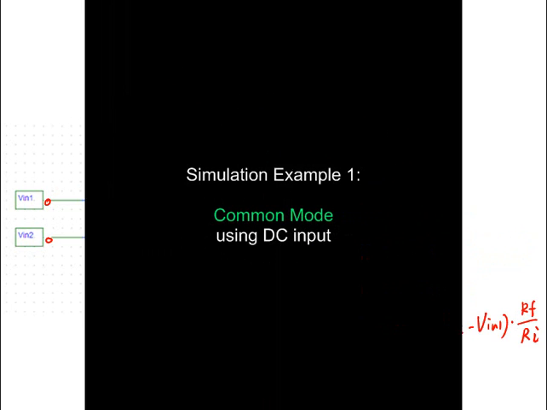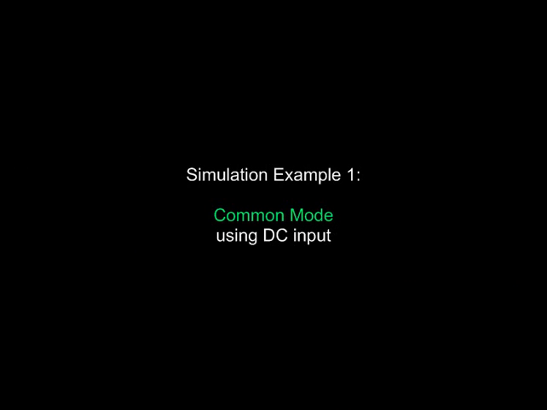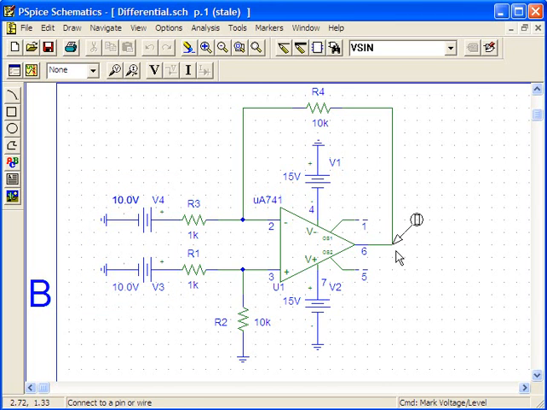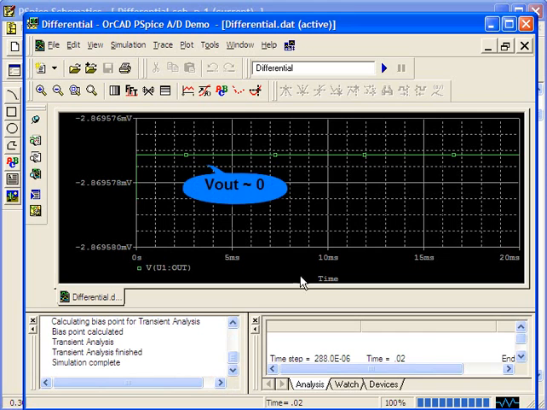The following examples will help us better understand the differential amplifier. The first one is the common mode. This is a functional schematic. You can see that the op-amp is properly powered, and both of the input signals are 10 volts. That's the meaning of the common mode. We could simulate the output signal. From the simulation, it can be seen that the output signal has a small magnitude that is very close to